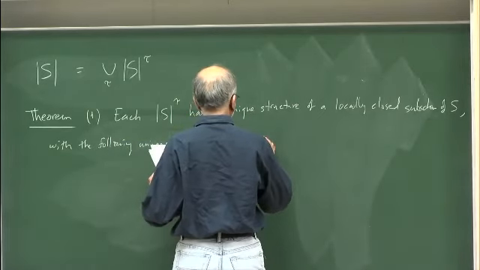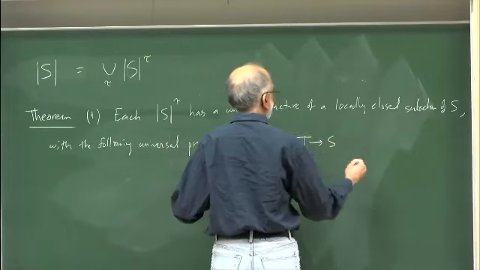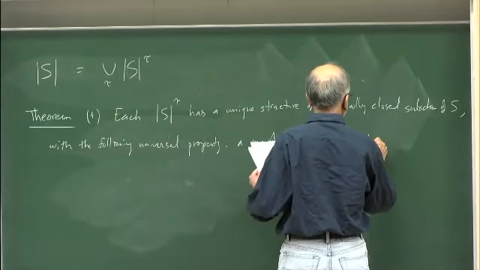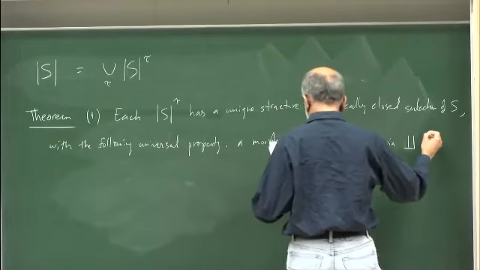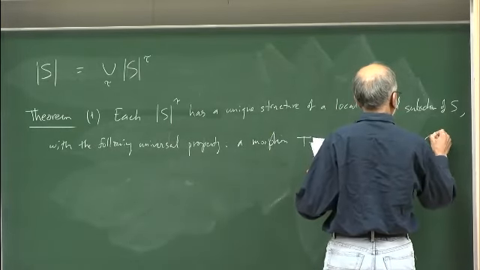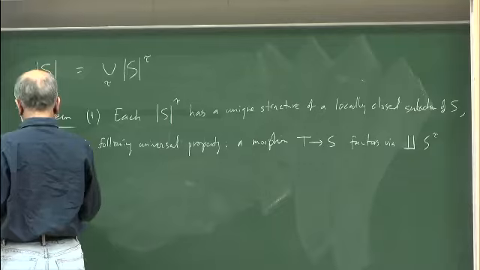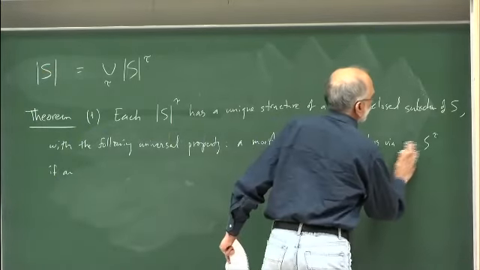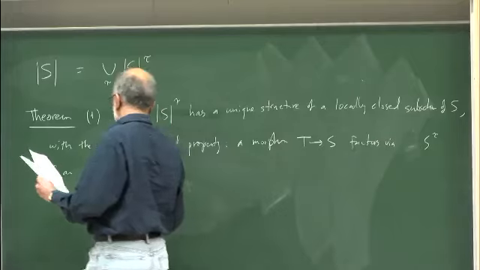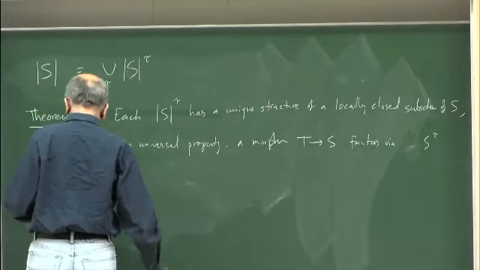A morphism T to S factors via the disjoint union of these strata if and only if, okay, I am just talking of one at a time, so I need not write, if and only if